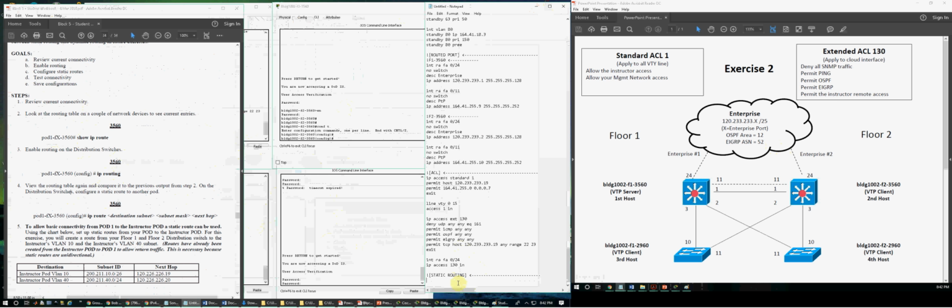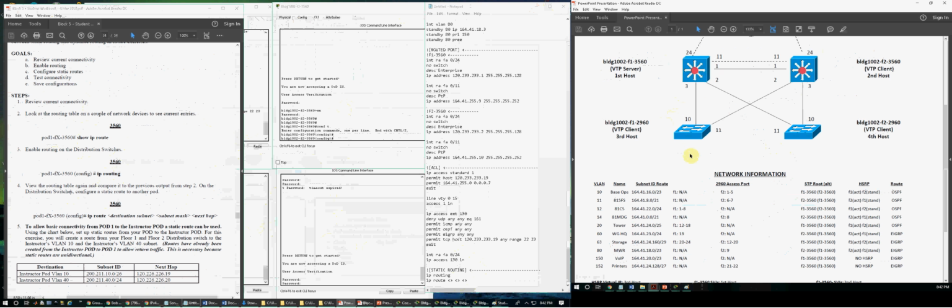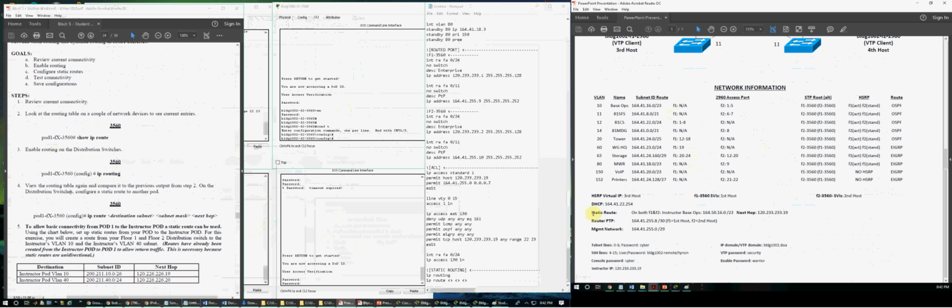So what we're going to do is simply go IP routing. So that's turning it on. Notice where it is. It's in the config prompt. So we can actually run it. I was having some problems last time with that. So I have a destination subnet, a subnet mask, and a next hop. So if we come over here, right here, static route, right? And it's telling me basically some stuff. So instructor base ops. So that's my destination, right? So I'm going to go